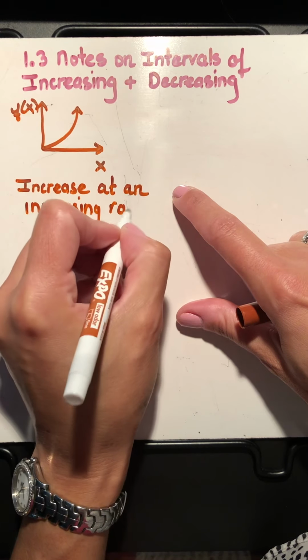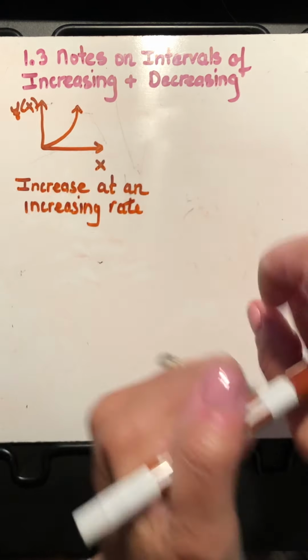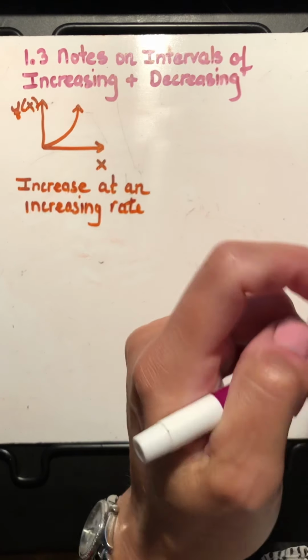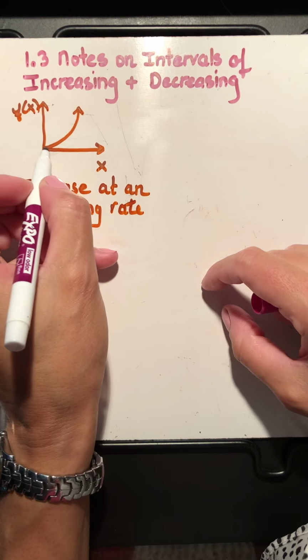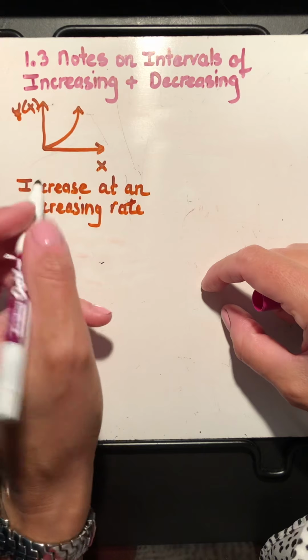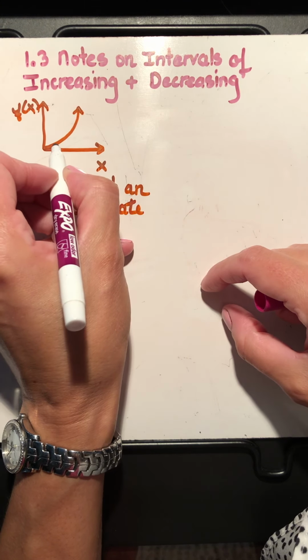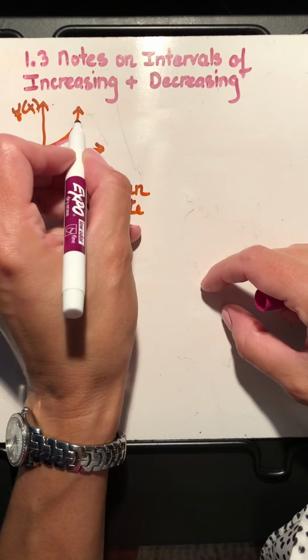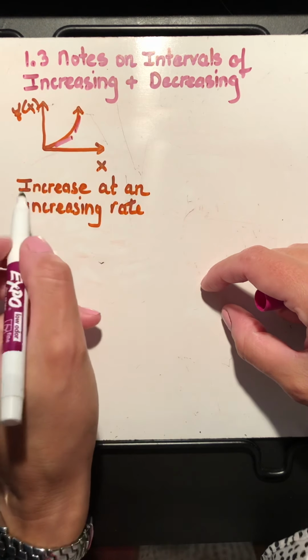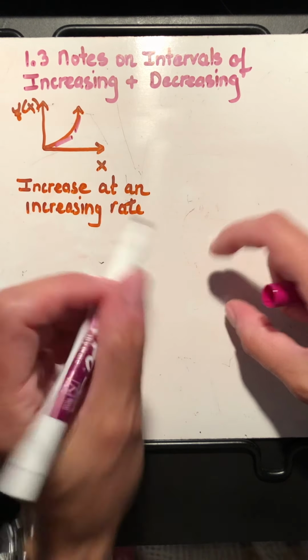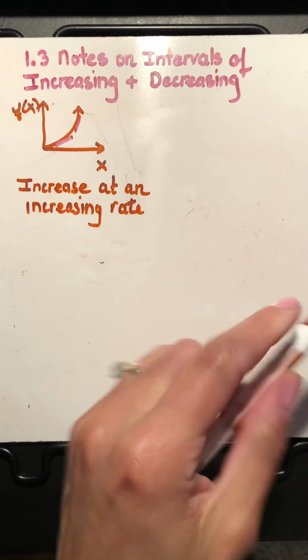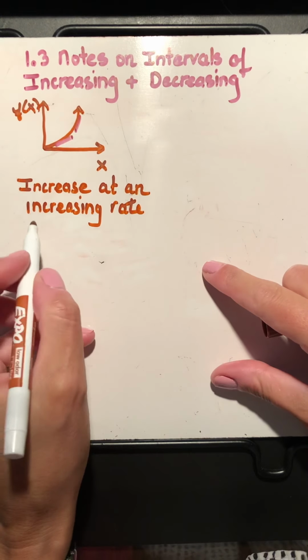The reason the function is increasing is you can see as we travel along the x-axis from left to right, the function is positive, and the reason it's increasing at an increasing rate is because the slope is becoming more and more steep. Okay, so increasing at an increasing rate. Now, let's compare that to something that